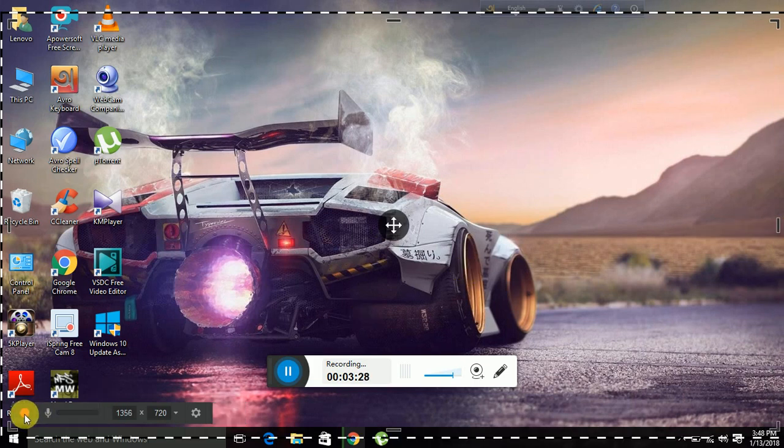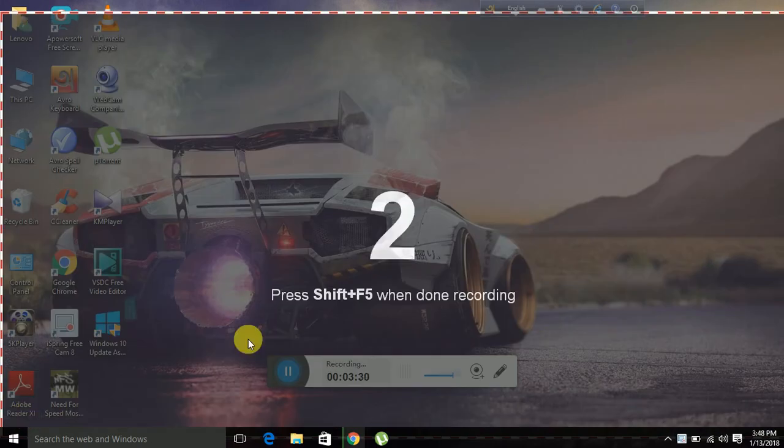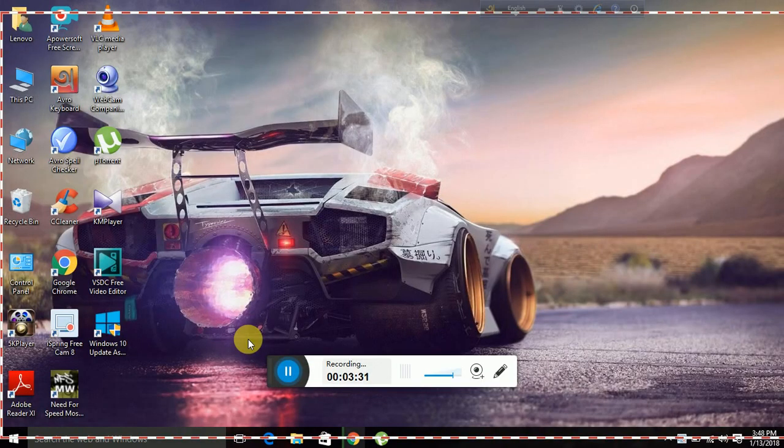Okay. Then you have to press start. So 1, 2, 3 count. After that it will start automatically. Now your screen is recording. You can do whatever you want to do, like press anything or open anything. After you finish recording, just press shift